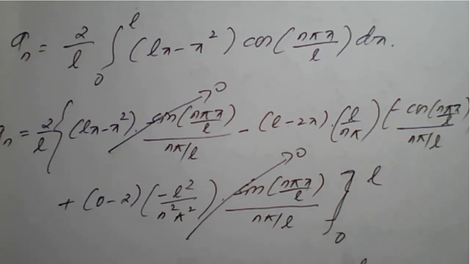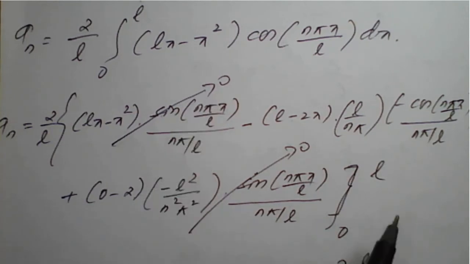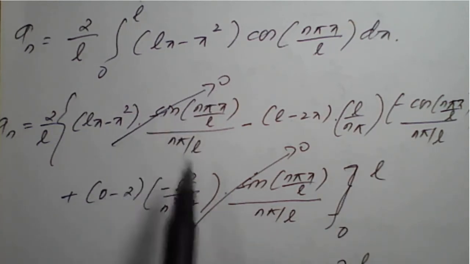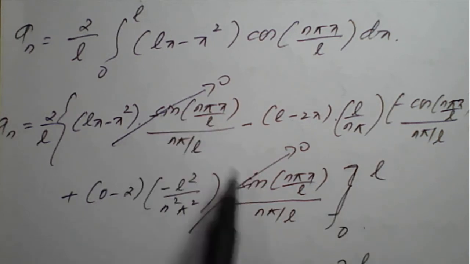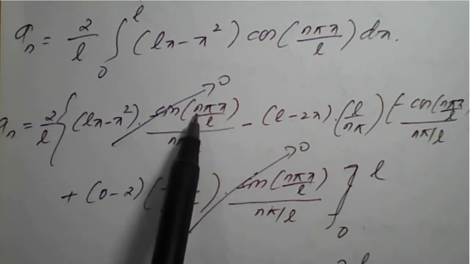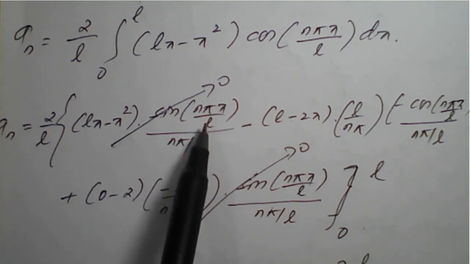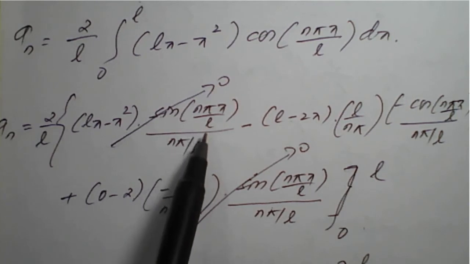Limit from 0 to L. So here I have given an arrow mark which tends to 0. It means both sine terms, the first term and the last term, belong to sine, and if you apply the upper and lower limit in place of x, if you apply the upper limit it will become sine n pi, but sine n pi is 0, and if you apply the lower limit it will be sine of 0. Sine of 0 is what here again? Complete 0. 0 into entire.